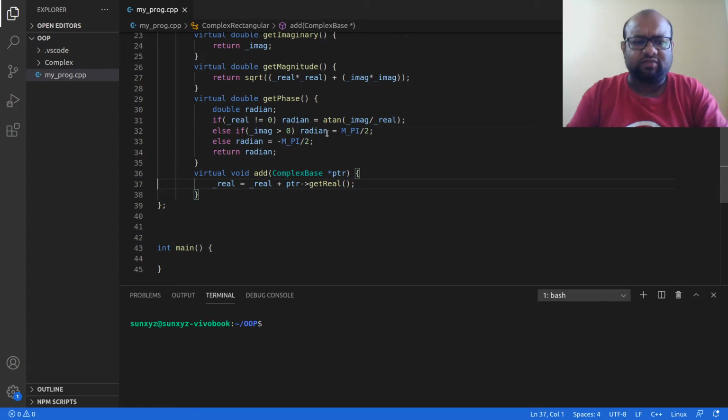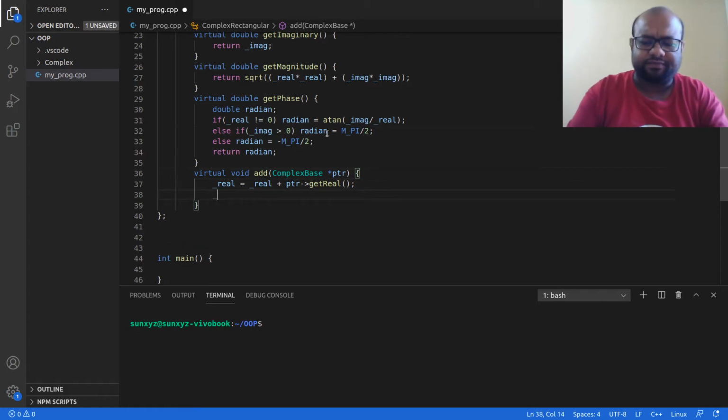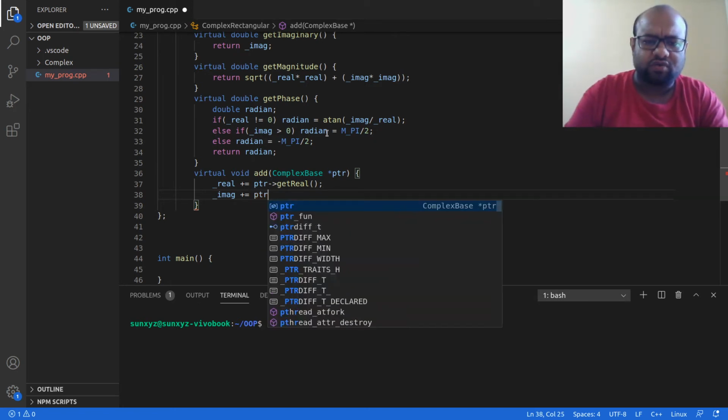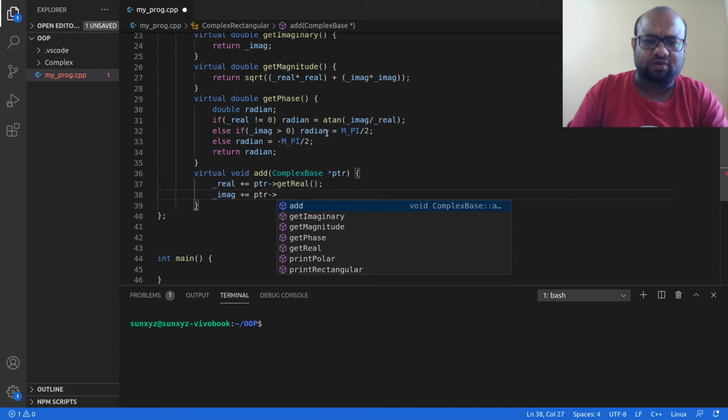And in the same way, I am going to have imaginary. Let me do one thing. Instead of writing this, I am going to write plus equal. This is just a synthetic thing. This is not going to affect my code in any way.